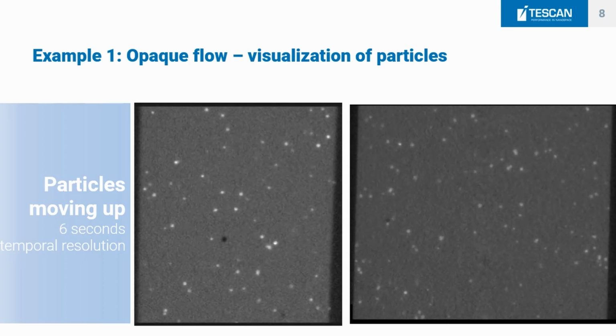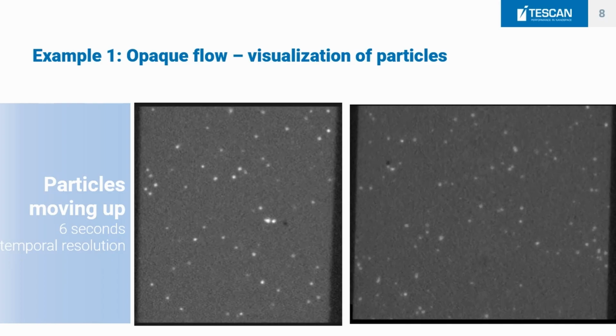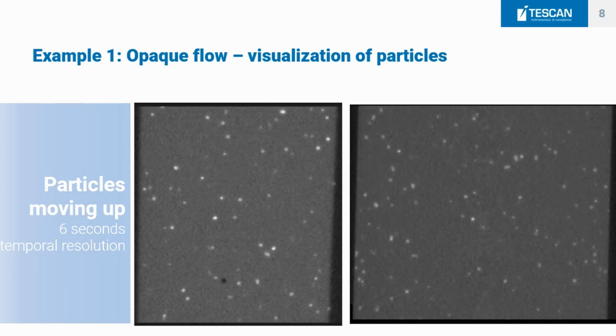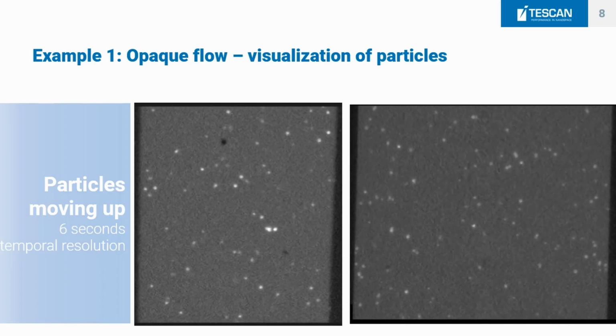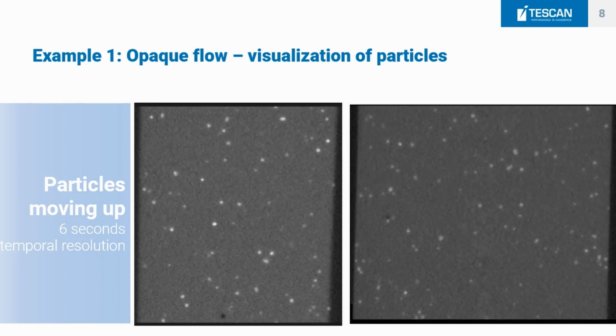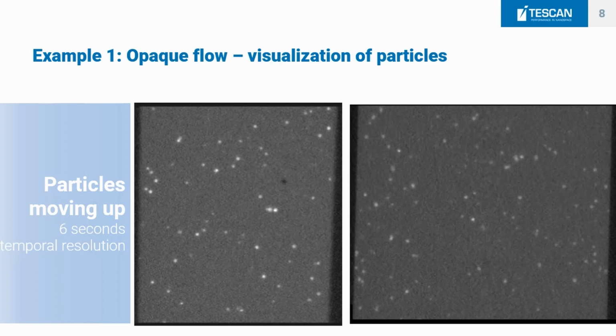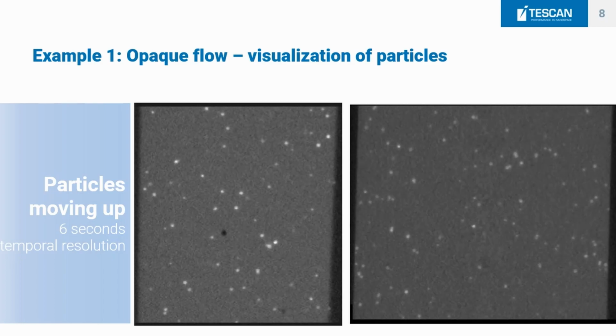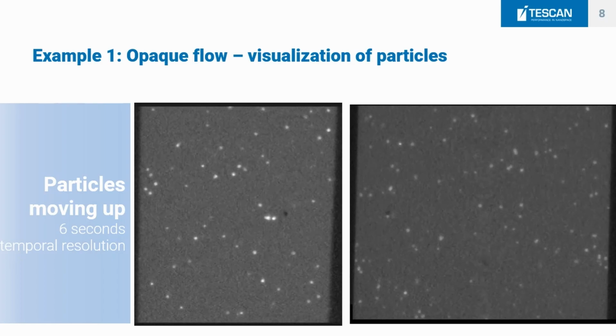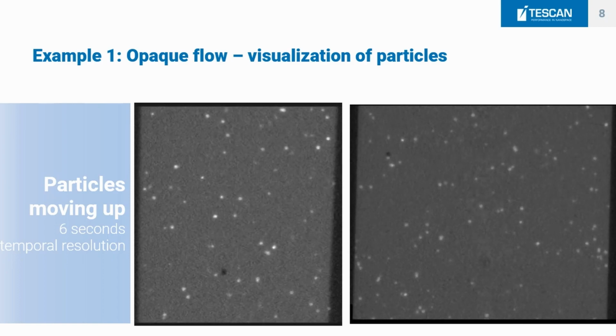You also see some black spots moving up and down in the tube. So basically, these are air bubbles that go a bit faster than the particles. You can also still see some artifacts in the experimental setup. Some particles are moving down since the flow regime was not completely under control, but this was okay for us as a proof of principle.